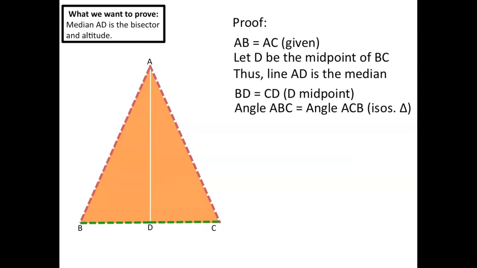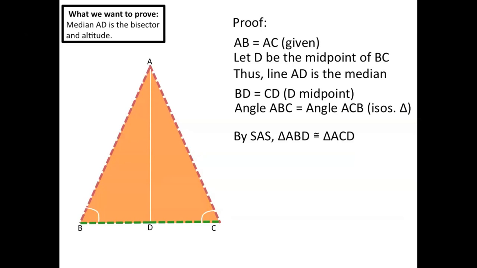Also, we know that angle ABC has to be equal to angle ACB because ABC is an isosceles triangle. So with that information, we can now say that by side-angle-side, triangle ABD is congruent to triangle ACD